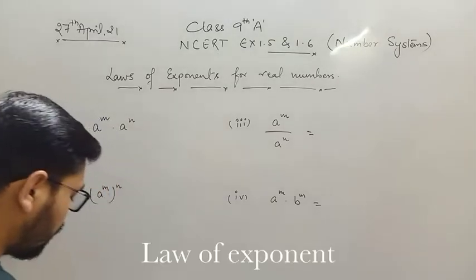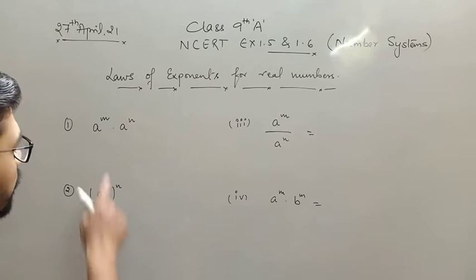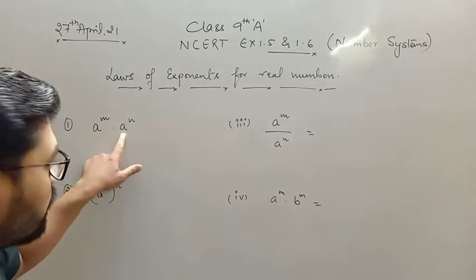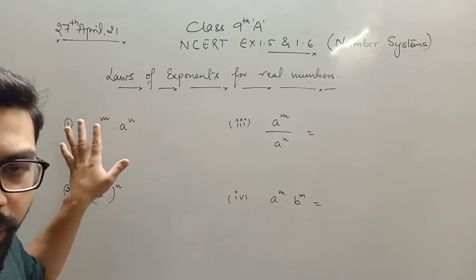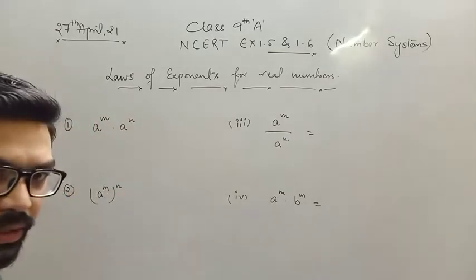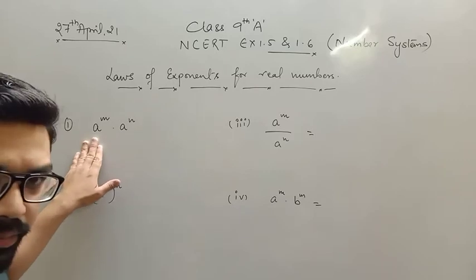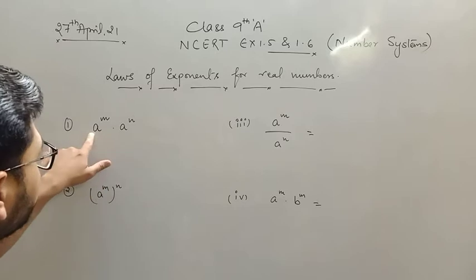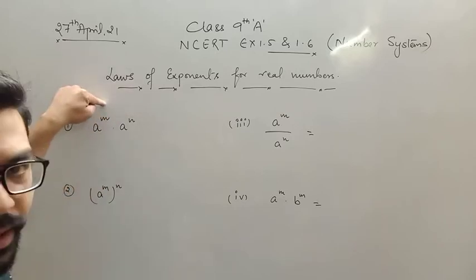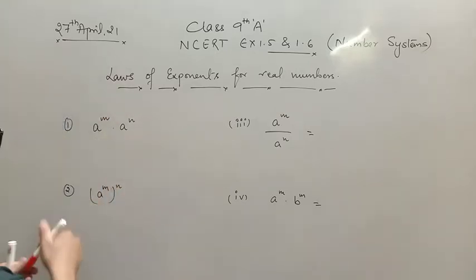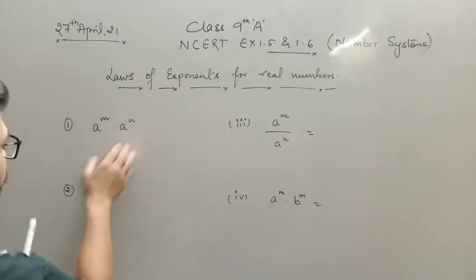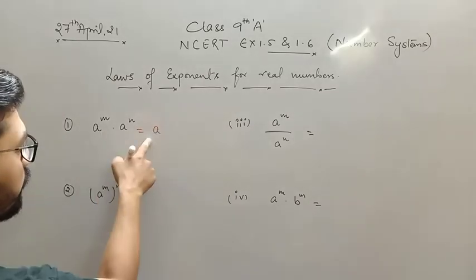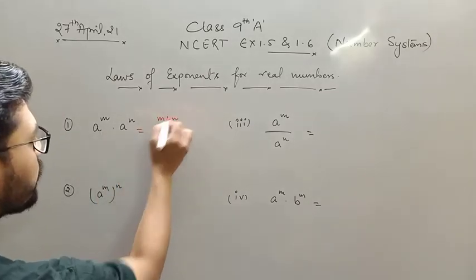So I think you are aware of the basic formula that if the base is same then the powers get added up, right? I think you know this property. If not, no problem, at least from this point, after what I'm telling you today, you should know it, okay? So if the base is same then the powers are added up, right? So if I get any question in this form, what I'll write is, the base is same, so m plus n.